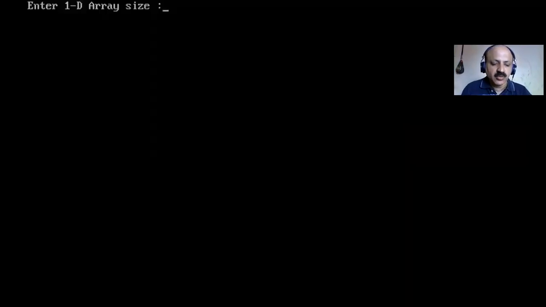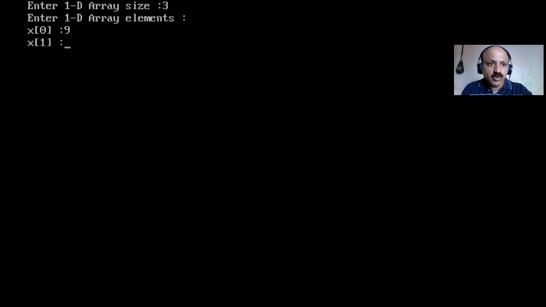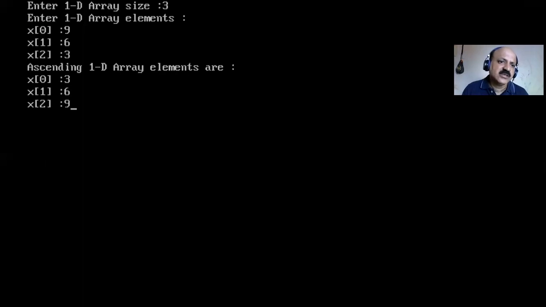Yes, let us check how. So here I give only 3. So yes, I give them randomly. So that is a chance. I give some big value first, and then a small value, and then some mid value. We can say that small value, so that is a reverse. Yes, 3, 6, and 9 is descending. So I give 9, 6, 3.